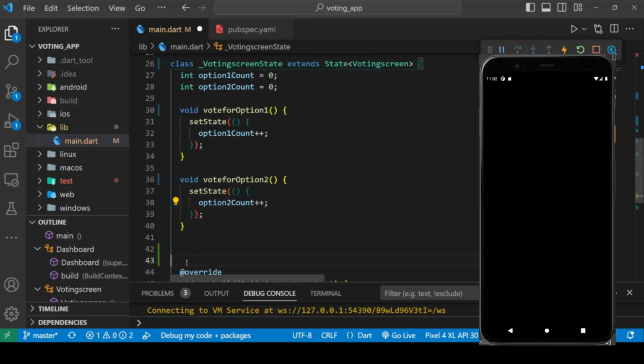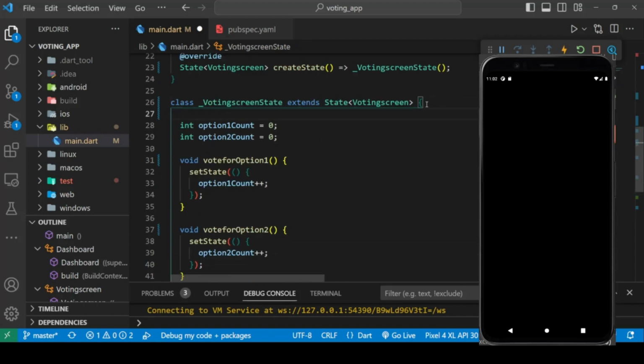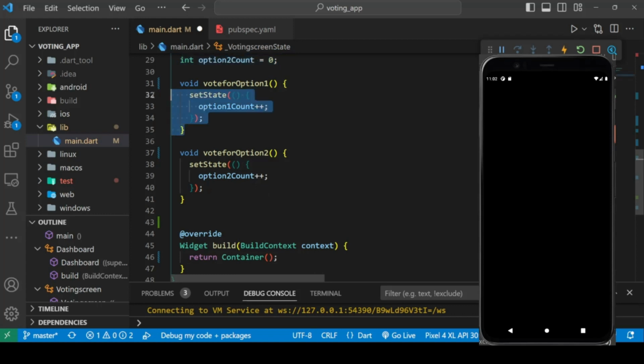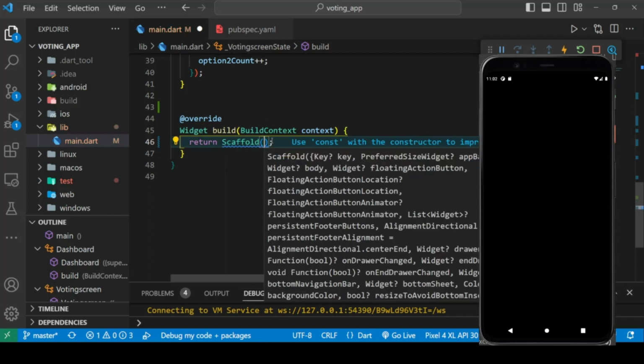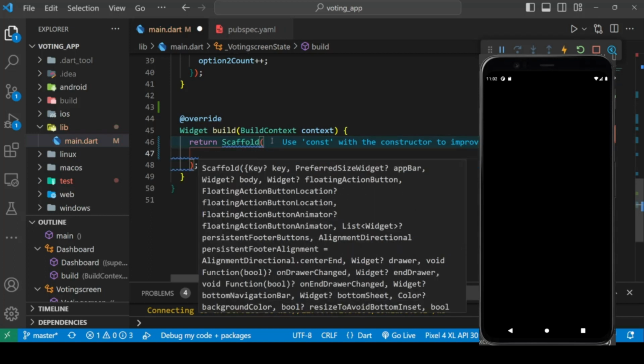So we have made our variables and the function which we will be using in our app. Now let's design the screen. For designing the screen, firstly replace this with a scaffold. And in scaffold we can give some properties like